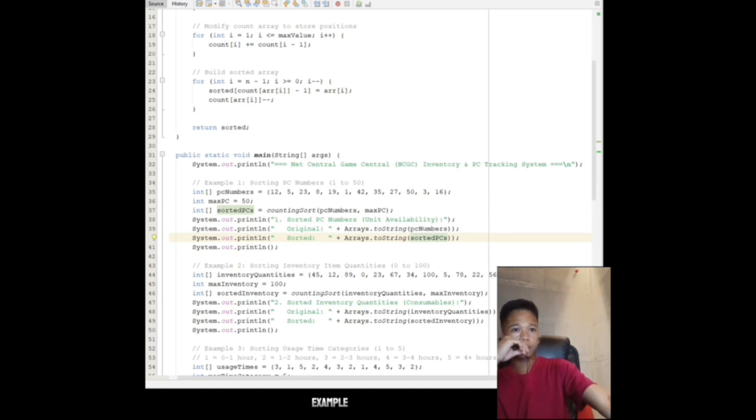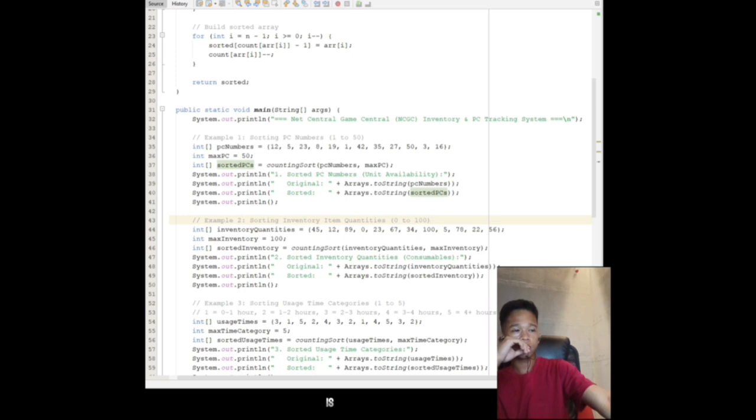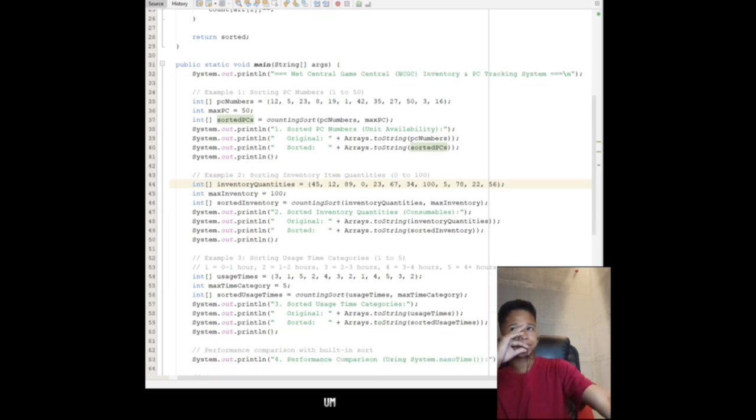In example 2, inventory quantity, the data given are the quantities of products, how many we have stored, like 45 snacks, and then 12 others, then 89, and then 0 for another item.